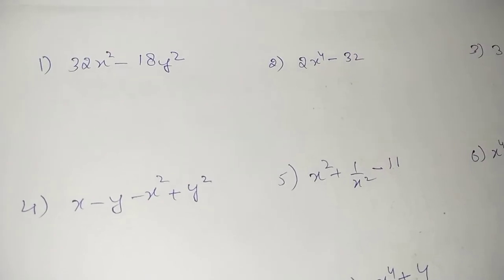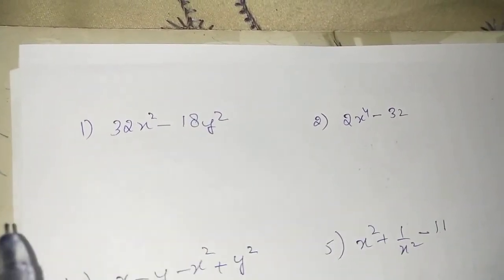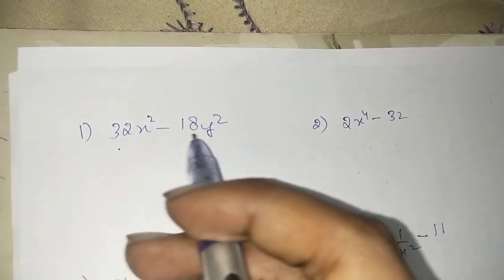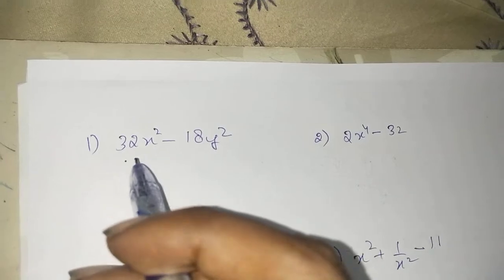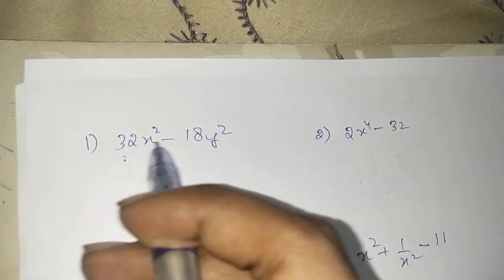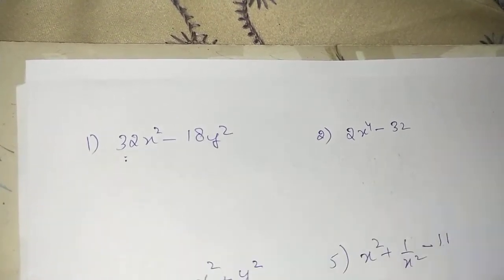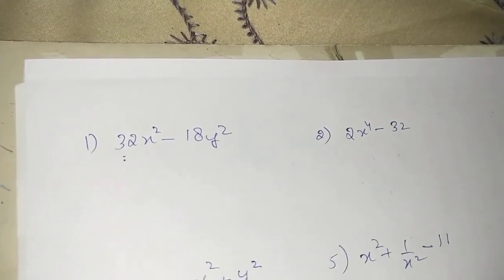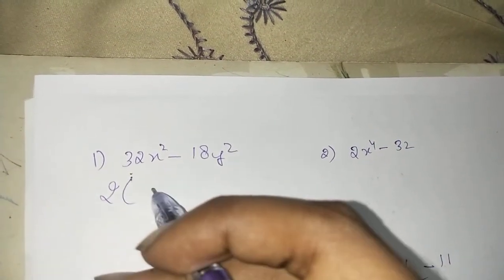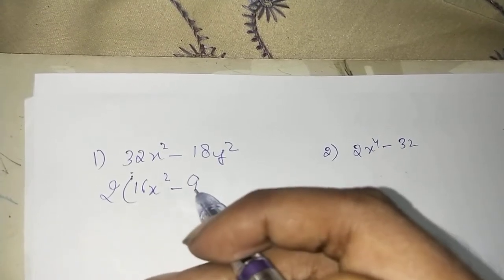Okay, let's take a few questions. Okay, we have to factorize this thing. The very first and simple rule says to look into the terms, and if there is anything common, take out the thing common, the highest common. From the number part, yes, we can see that we are having common, isn't it? So what is the highest thing that is common to both of them? Correct, that is 2. Alright, so on taking out common, we will be left with 16x square minus 9y square.